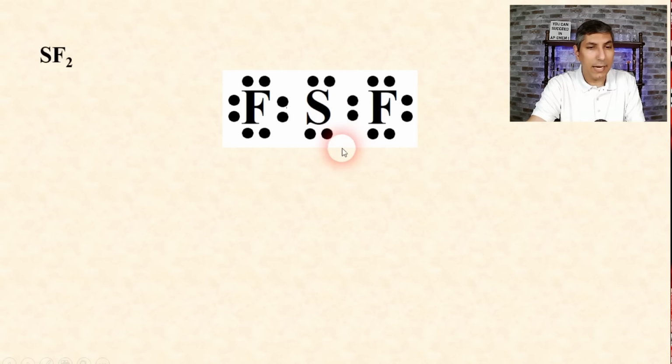So everything has 8. And so I'm going to replace these shared pairs with a little line here. And so here's how I would draw the finished Lewis electron dot diagram for SF2. Looks like this. Now, how about